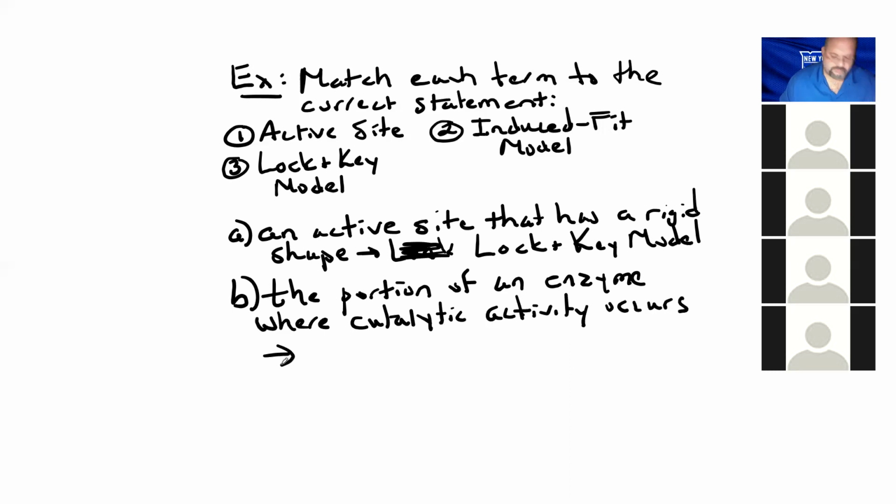So just like we talked about in the last couple of slides, it's that active site on the enzyme where the substrate will bind to the enzyme, where we get the enzyme substrate complex, and you have now an alternative pathway for the reaction that has a lower activation energy. So pretty straightforward. And then letter C,